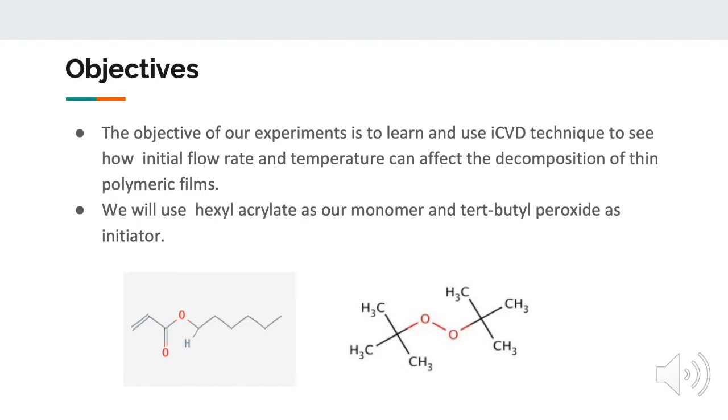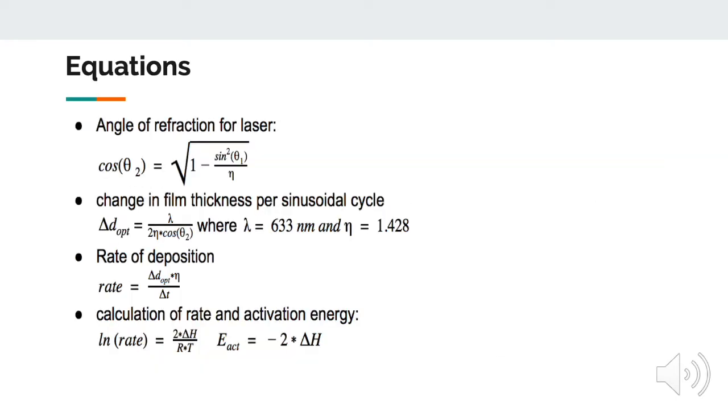The objective of our experiment is to learn and use the iCVD technique to see how initial flow rate and temperature can affect the deposition of thin polymeric films. We will use hexyl acrylate as our monomer and tert-butyl peroxide as our initiator. Here are the equations. We need to calculate the angle of refraction of the laser, film thickness changes, rate of deposition, and activation